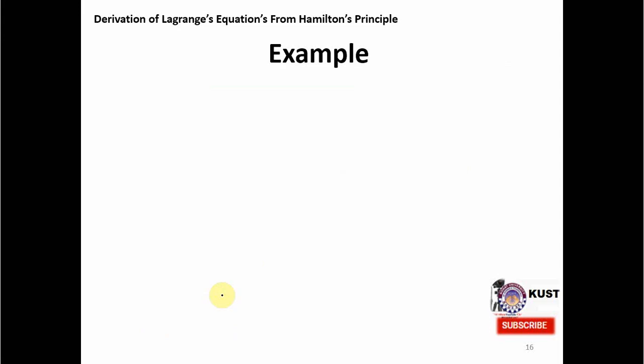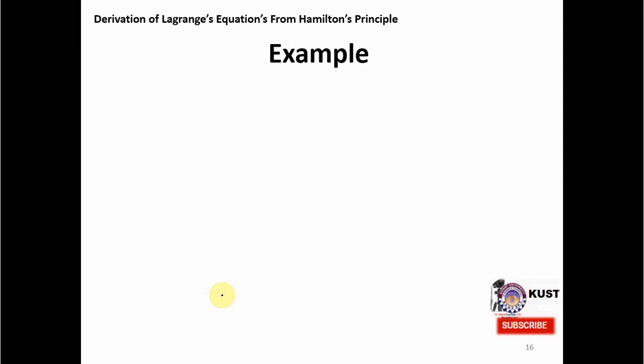So now it's time to give you examples. In order to recall what we have done so far: in the first part of the lecture we generalized the variational principle to many variables, in the second part we derived the Euler-Lagrange equations, and in the third part we included the non-holonomic constraints and generalized the Hamilton principle, which now includes the equations of constraints.